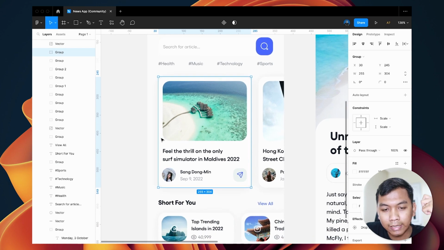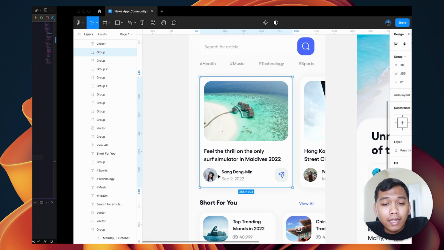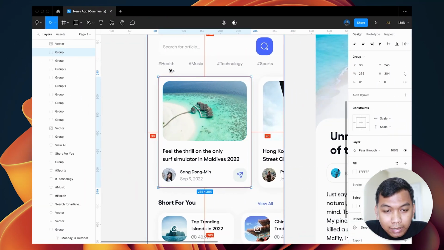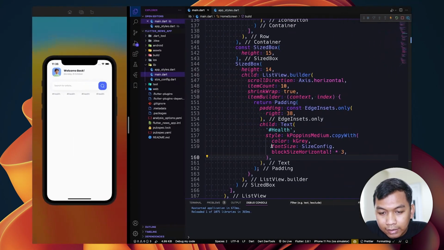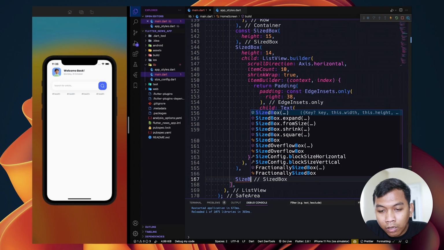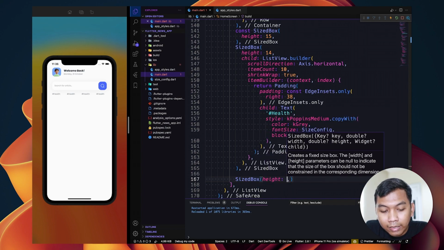And the next one is for another list view, which is this. And first thing first, let's check the margin. The margin is 30. So what we want to say, below this size box, we call size box again with the height is 30.